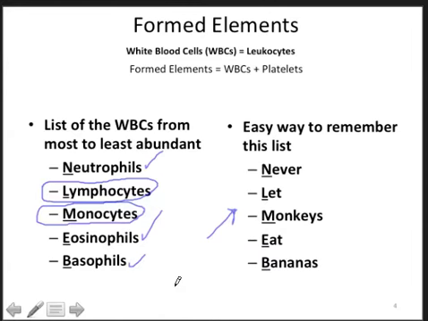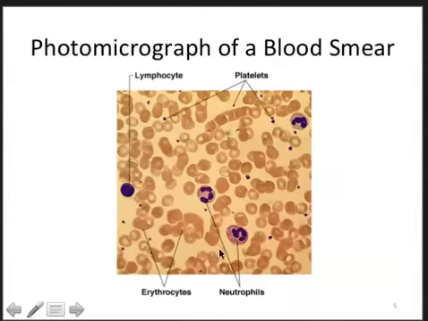Now, this is a photomicrograph of an actual blood smear, and what you're seeing here is a pretty fair representation of the formed elements of blood. Let's start with the tiniest formed elements. Those are the platelets, also known as the thrombocytes. You can see them here. They stain sort of